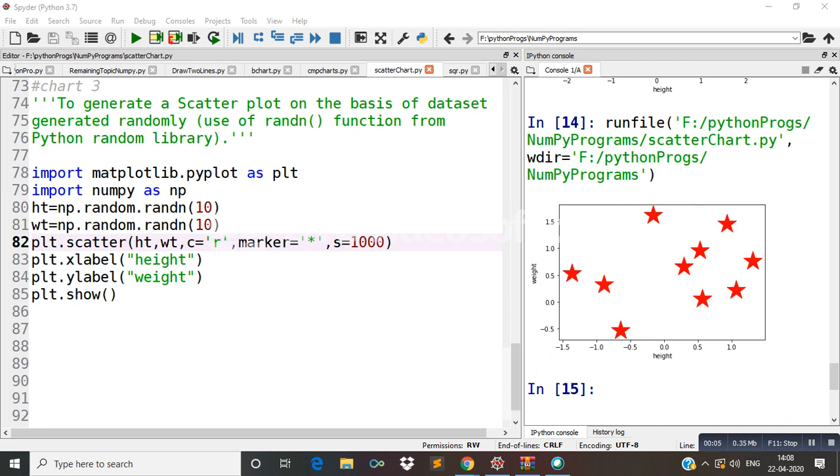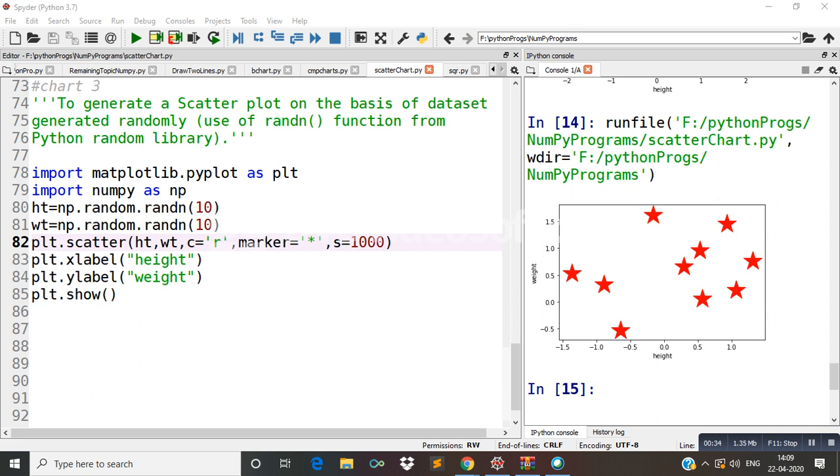Good morning, students. Today I explain a scatter chart which can be created using the rand function, that is, using some random values. Before this I have discussed two types of scatter chart. So today I am going to discuss a new type of scatter chart. Okay, beta? So now see what is the type of this chart.